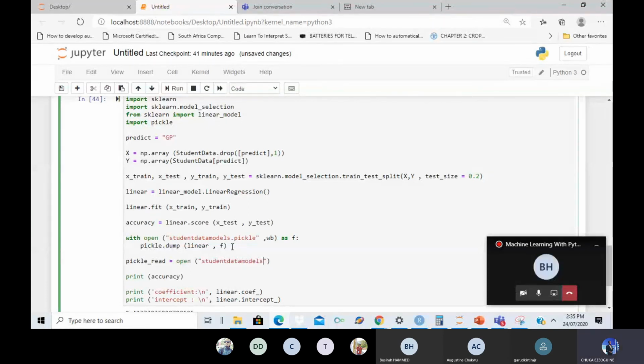All right, so that's pickle, and then we are reading it. We are reading binary, so we use RB. So yeah, we just